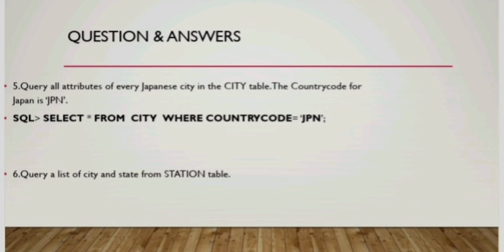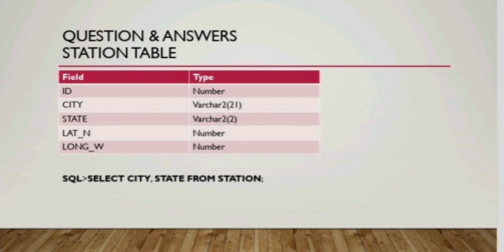The next question is, query a list of city and state from the station table. The station table has the fields ID, city, state, latitude and longitude. So the query is, query a list of city and state from the station table. Here the answer is, select city, state from station;